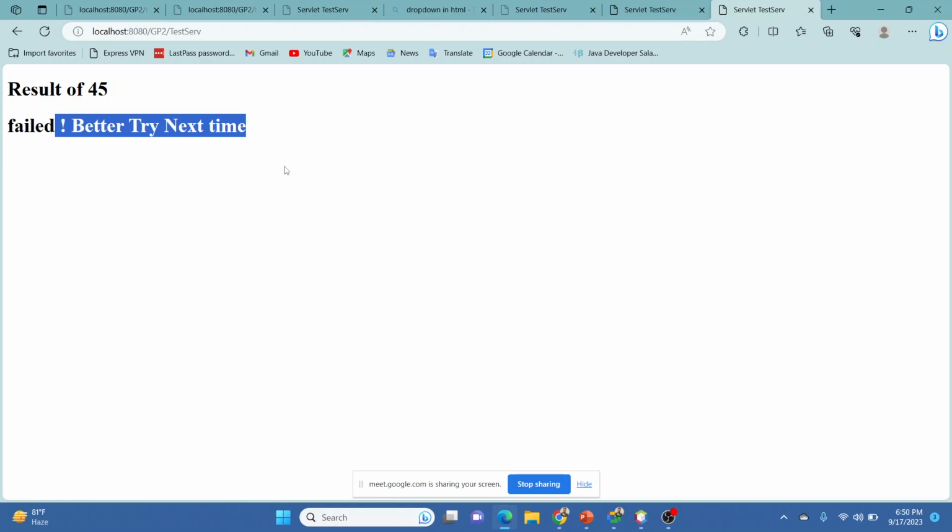So you can create a testing application or online test exam application through this servlet only. So you just need an HTML and servlet to create an online test examination series. You can take 10 questions, people will give you the result, and on the basis of their ABCD or multiple choice answers, you can create the result, okay, out of 10 you have given the correct answer for 6, so you have passed. If you have tick marked the right answers for only 3, you failed. So you can create a lot of programs or web applications through servlet only. So this is the servlet part.